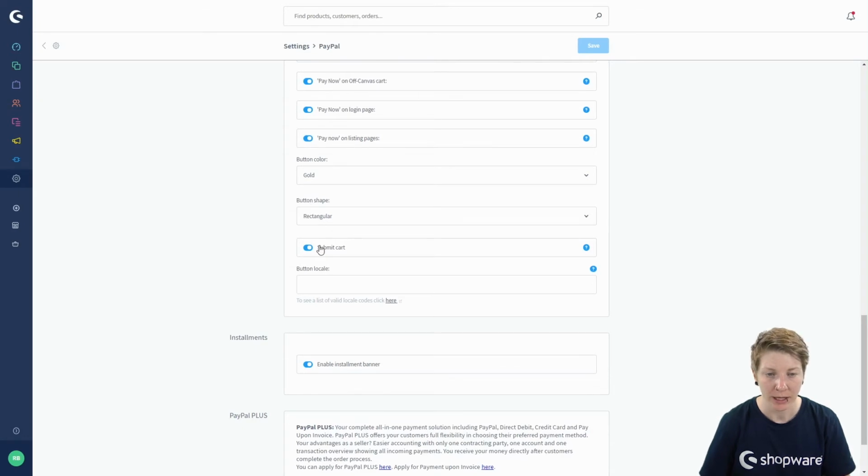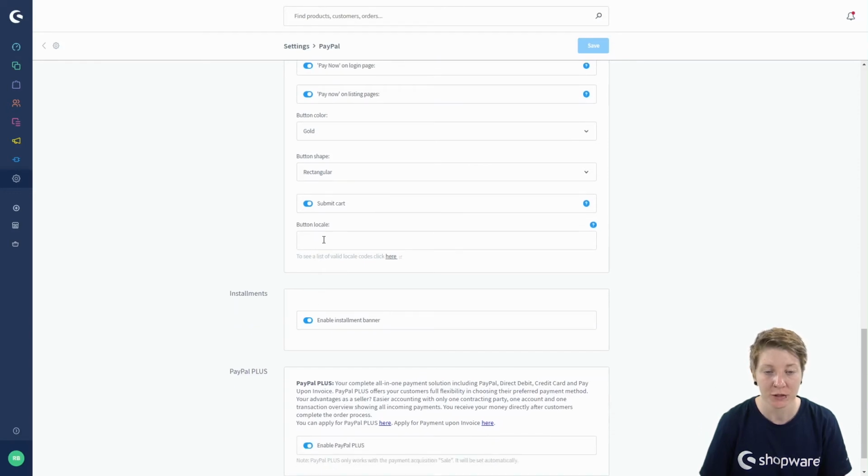We can again choose whether the customer shopping cart is transferred to PayPal or not. And we can enter different shop languages for the express checkout. If the field is empty, the sales channel language will be used. Keep in mind that you have to enter local codes here. You can find a list of available language codes in the link here.